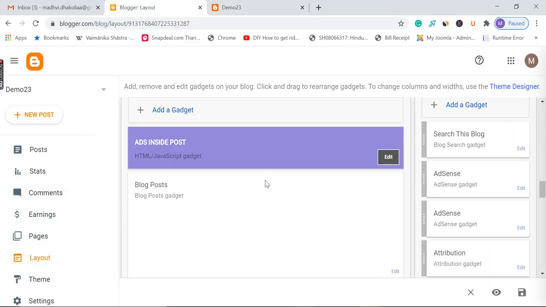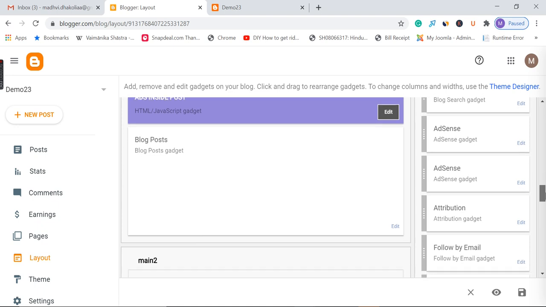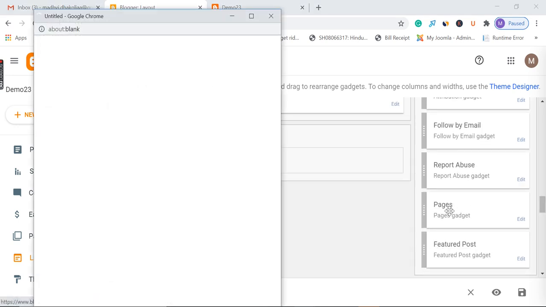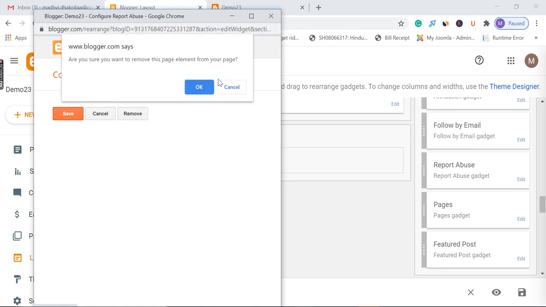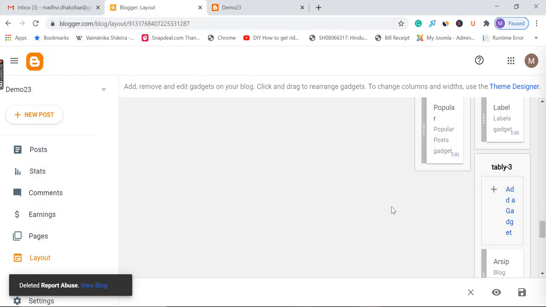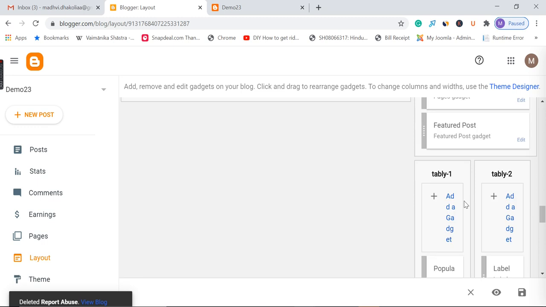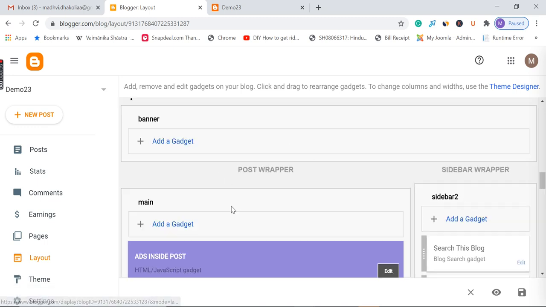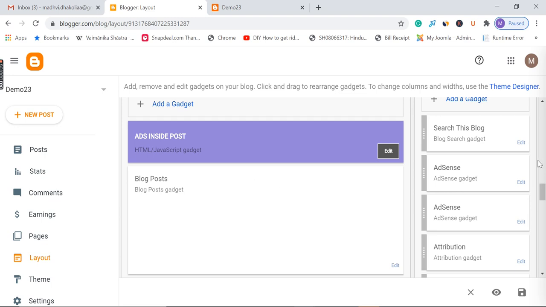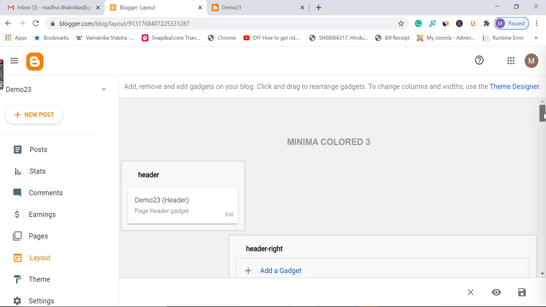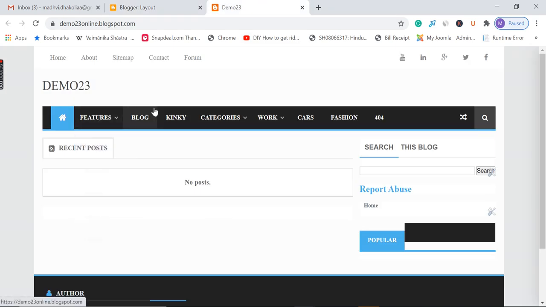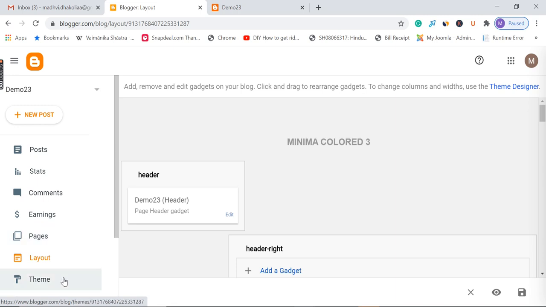So layout is something that can actually help you decide which gadget needs to appear in your blog, and what you can edit. You don't want this, you can simply remove it. You don't want the report abuse to appear, you can remove it. You can add a footer menu. This is the footer menu. You can add a gadget anywhere, in the sidebar, above the post, anywhere where you think you can actually apply. And there are some changes, for example, these things need to be changed. These things are not appearing in the layout. You can very well do so by editing HTML. That I will cover separately.